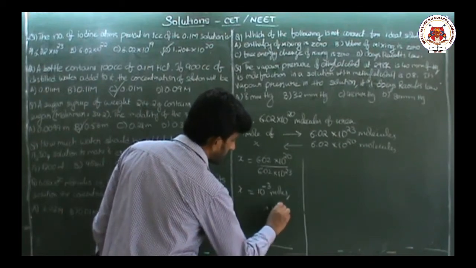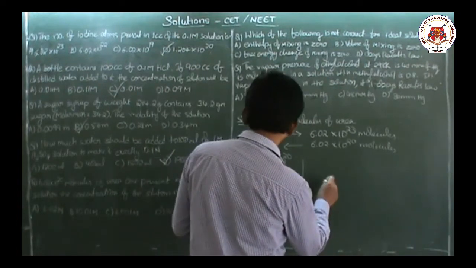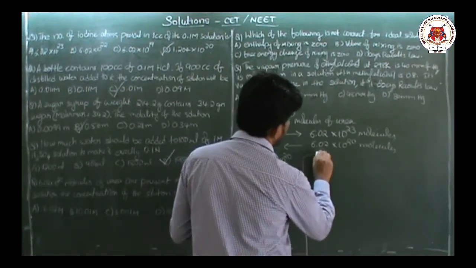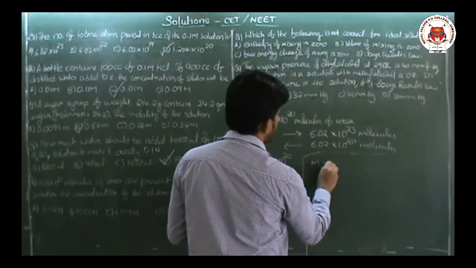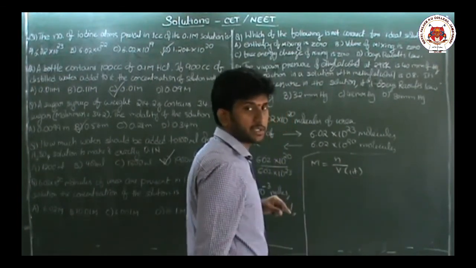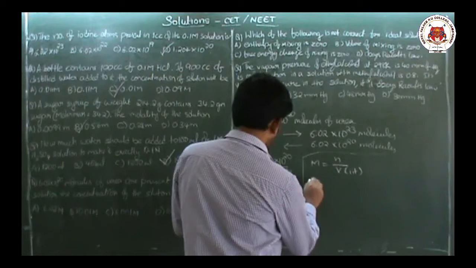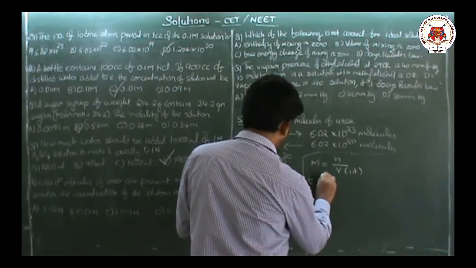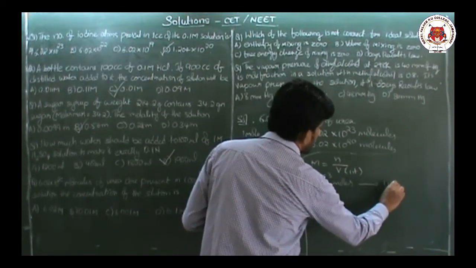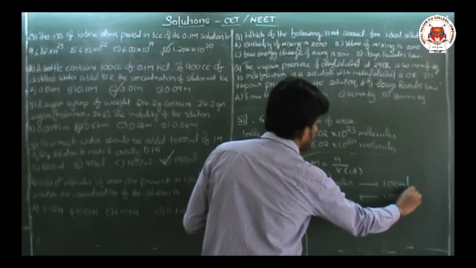This calculation we have done only for 100 ml because in the question it is given 100 ml. Now, what should be the exact number of moles for 1000 ml? I am calculating this because molarity is calculated for number of moles in volume in liter. Volume in liter means volume must be 1000 ml. So if 10 power minus 3 moles are present in 100 ml of the solution, then for 1 liter, means 1000 ml, how many moles will come?